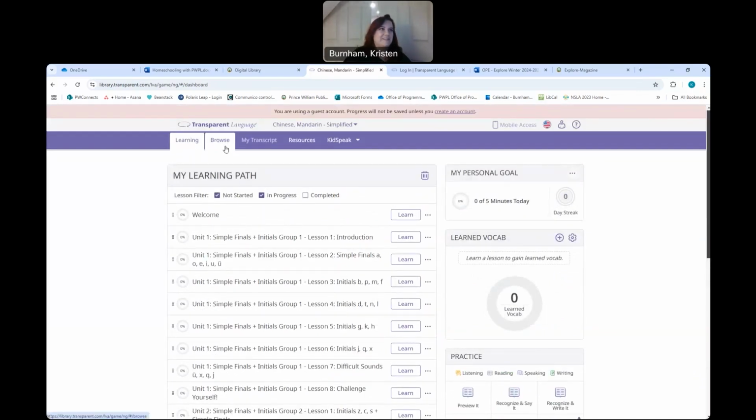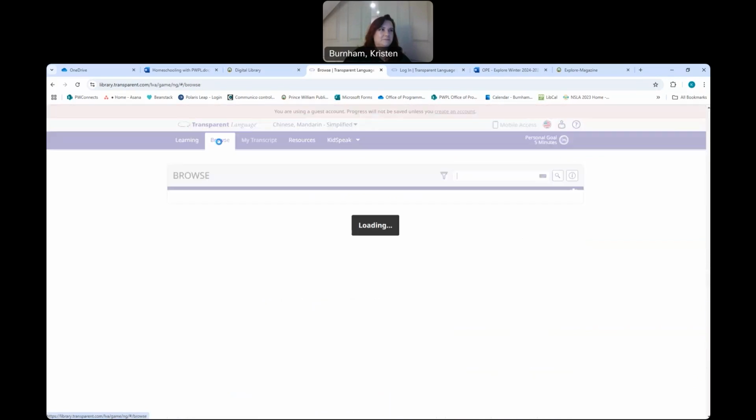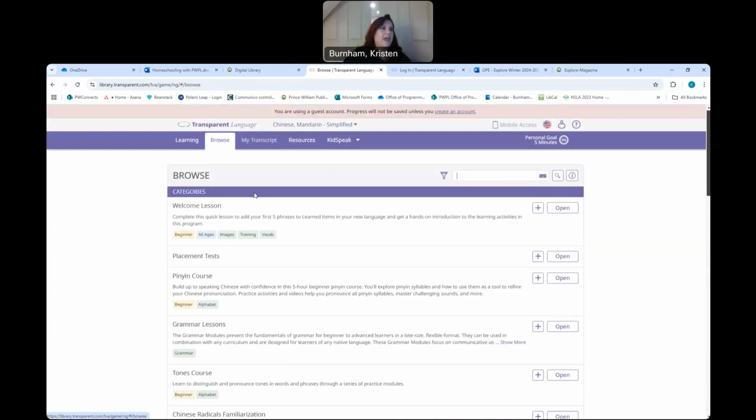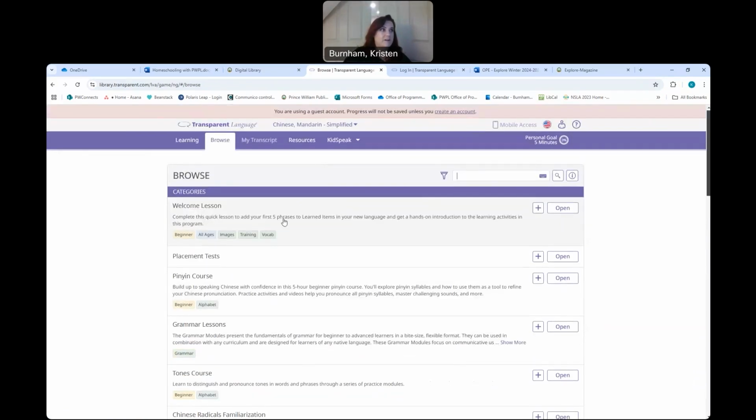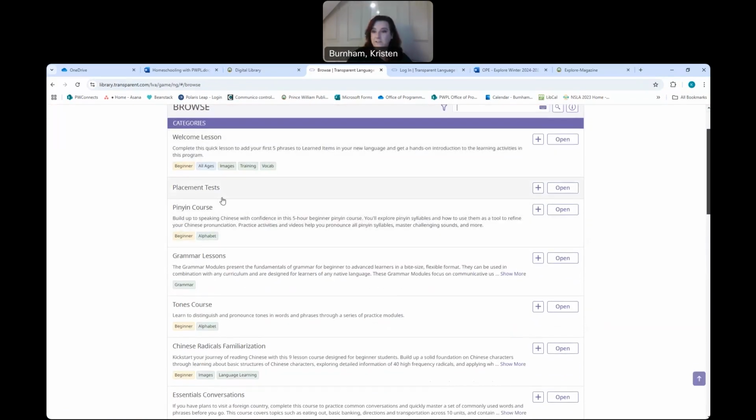Again, you can go up here to browse. There we go. And you can look at the different categories of lessons. So you've got your welcome lesson. It allows you to take placement tests. Maybe you don't want to start from scratch. Maybe you have, say, me, I have a beginner's knowledge of Mandarin, so I want to be placed accordingly. Where do I start with the